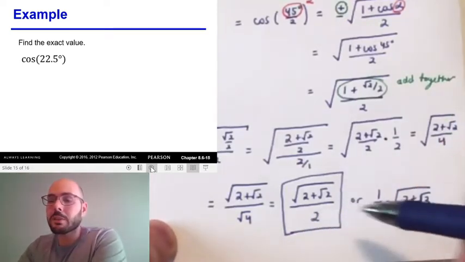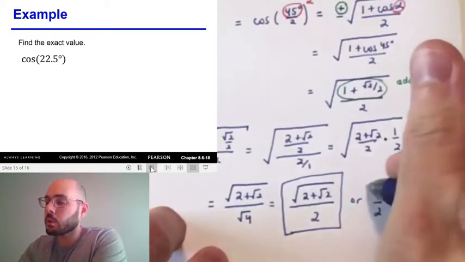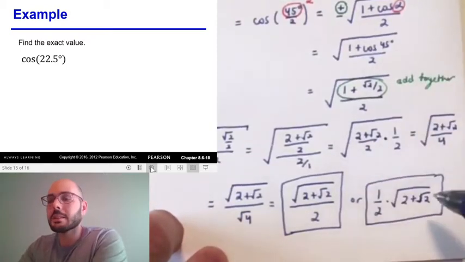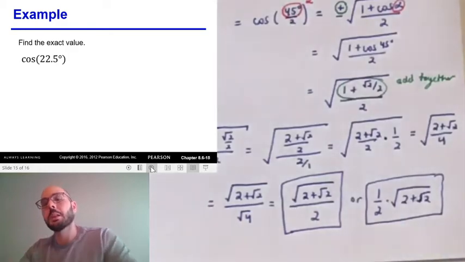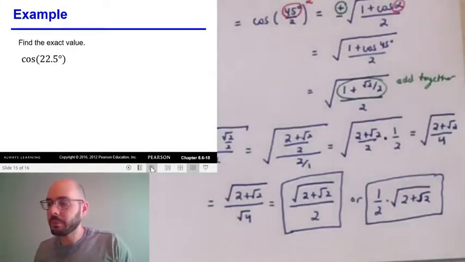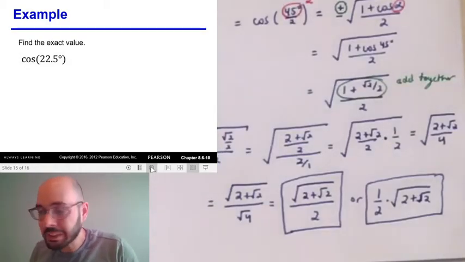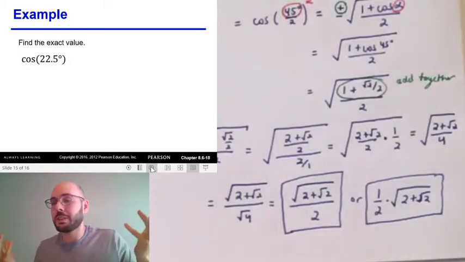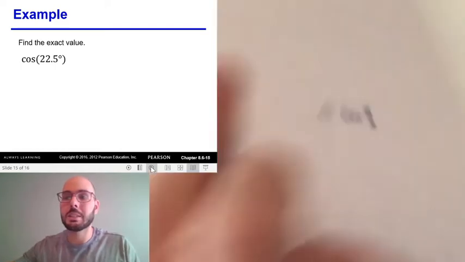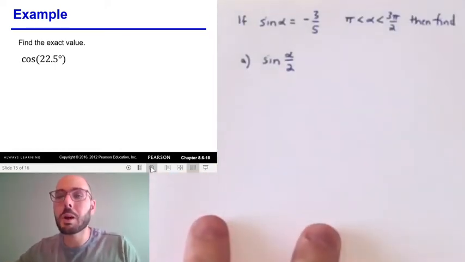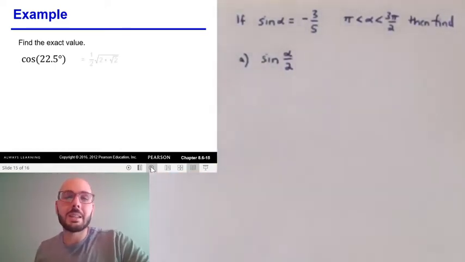I don't really have a preference either way. I'm just showing you multiple choice questions might have it written like the second way instead of this first way. But they're the same thing. All right, so that's the exact value of cosine of 22.5 degrees. If you don't know now, you know. That's what they say. Okay, so we're going to do one more problem together, and that is a build the